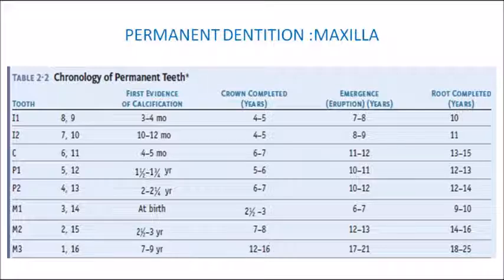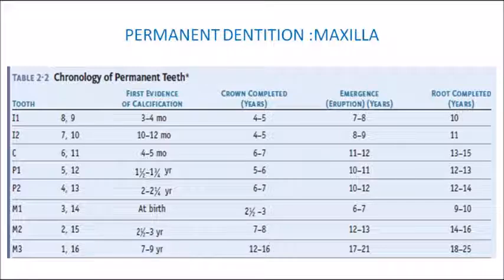So that's the reason why, when you take an X-ray of a newborn baby at the time of birth, you can see all the primary dentition. In addition to that, you can see only the first permanent molars, the 4 first permanent molars. No other permanent tooth is showing any evidence of calcification at the time of birth.